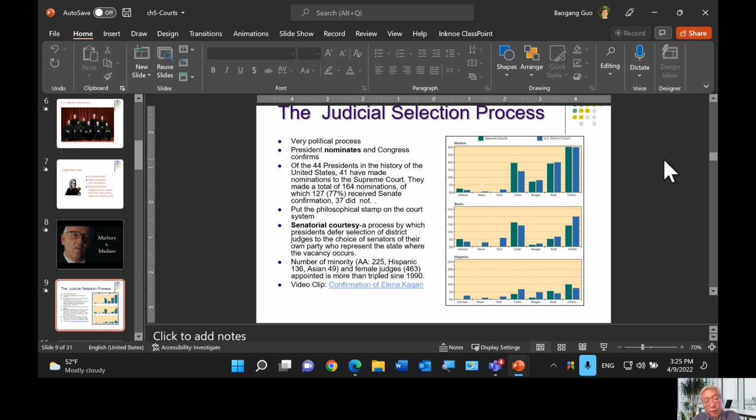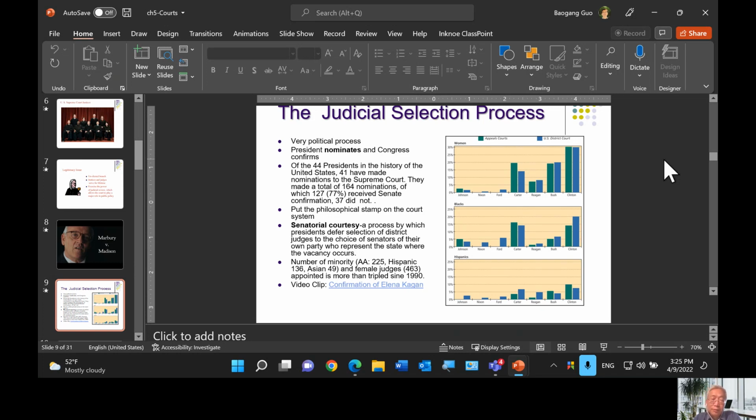So the process has been highly political. The president and Congress have fought many battles in the Senate. If the Senate is controlled by a different political party, you can expect the confirmation process will not be a smooth one.